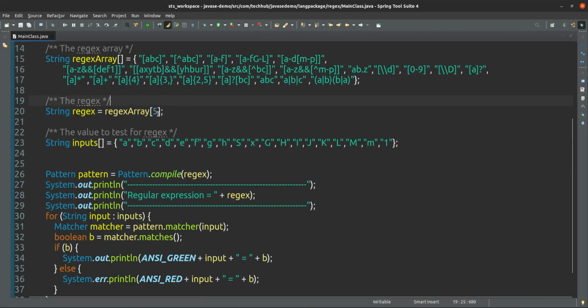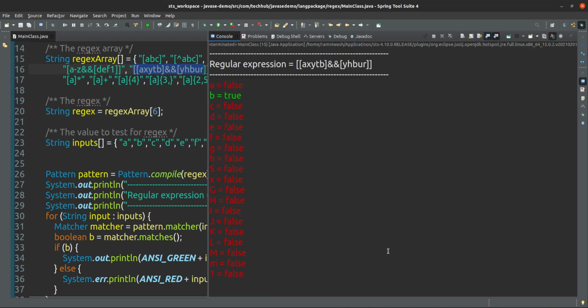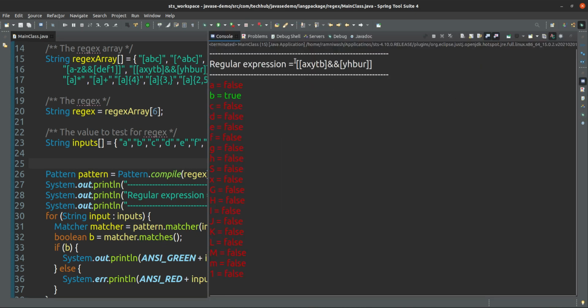Okay, so the next one is the sixth one, I think. Okay, this is the seventh one, but this one also we will see once. That is also intersection only. They are clearly defining what exactly the intersection is. What will be the intersection? What can pass for this one? If you see, this is our regular expression. So what will be the intersection actually?